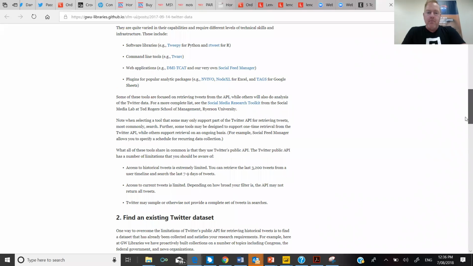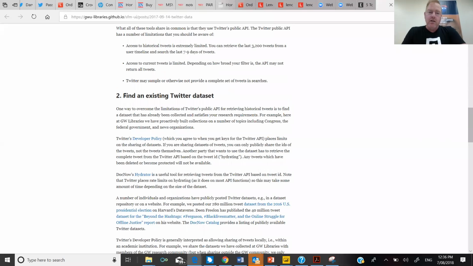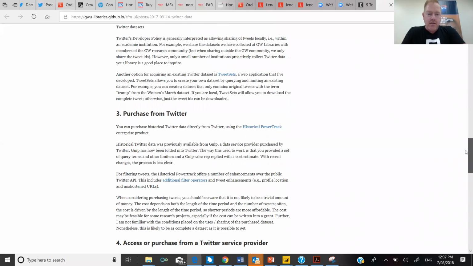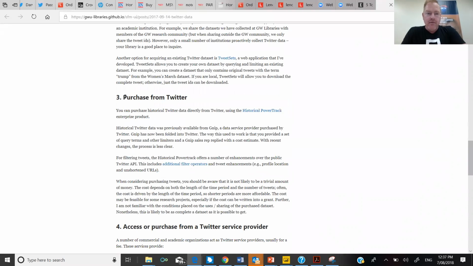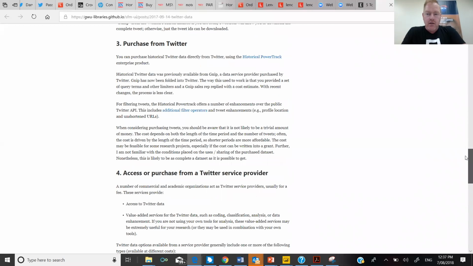But you can also obtain Twitter data in a number of other ways. You can find an existing Twitter data set or someone else's data set. We can even purchase data from Twitter, so we don't have to do our own monitoring. We can go to Twitter and purchase data, or purchase data from a Twitter service provider.